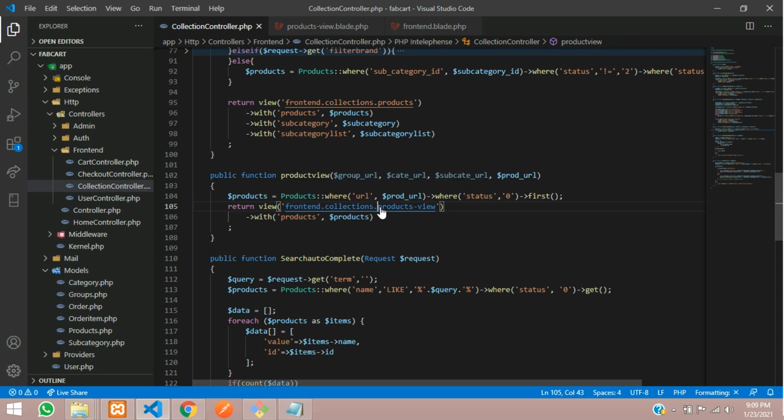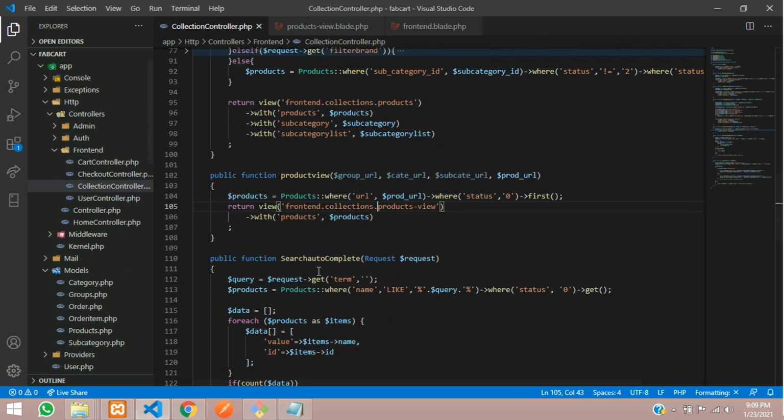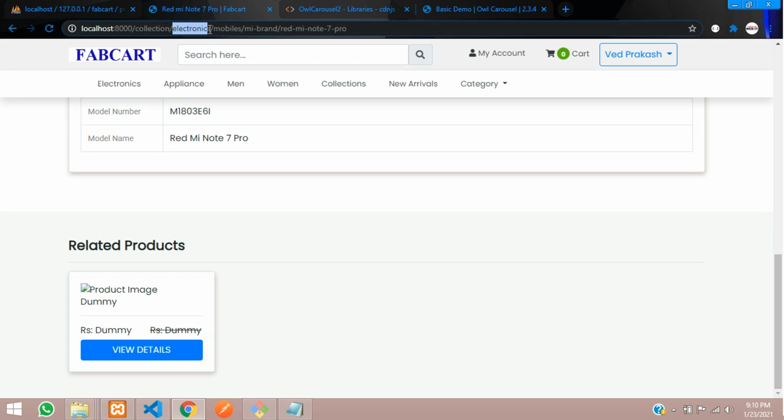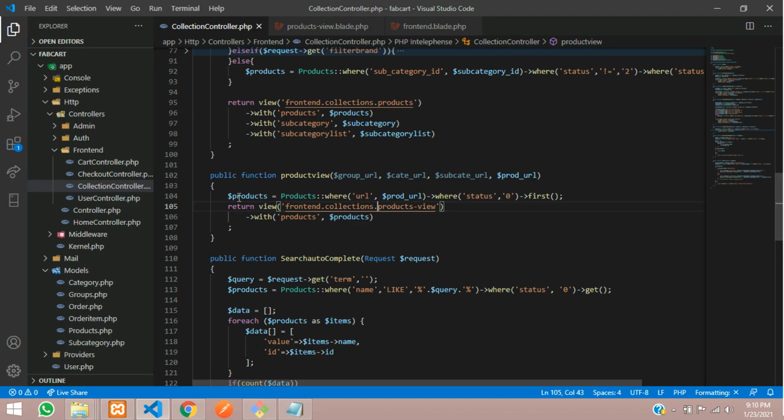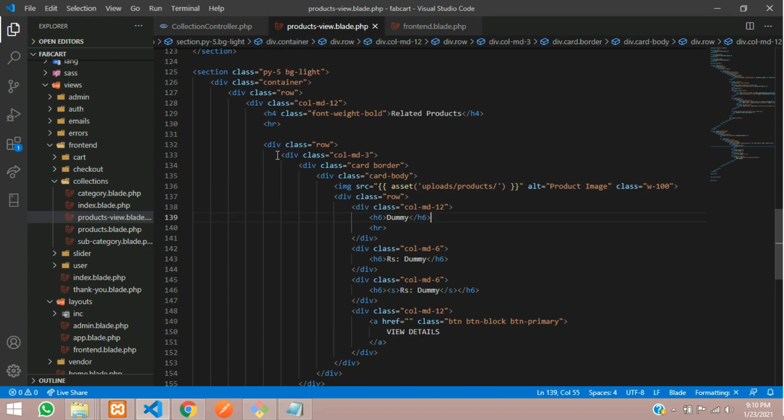From the URL you send your group, category, subcategory and product, and with the help of the MI brand you filter in the controller, send it to your page, and then fetch it. The other way is a relationship, where the data can be fetched through the relationship. Let's do the relationship first, because it is very helpful: you can use it anywhere you want.